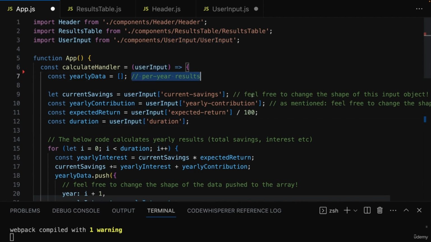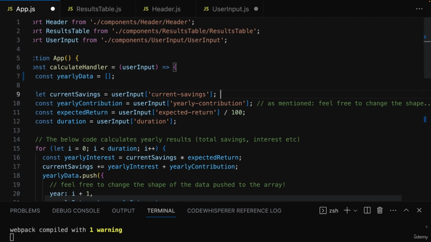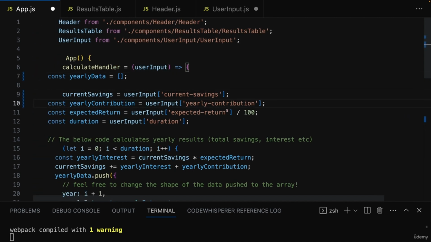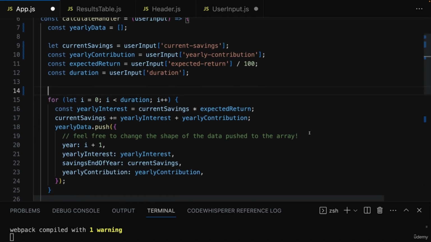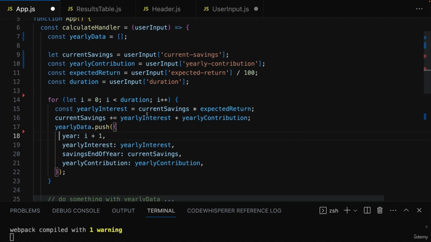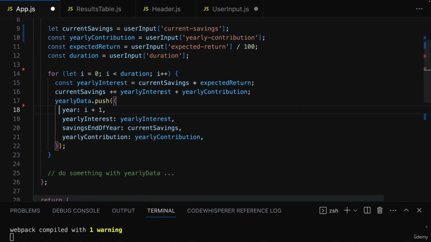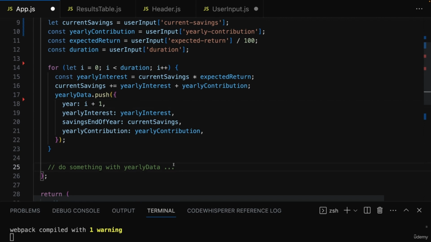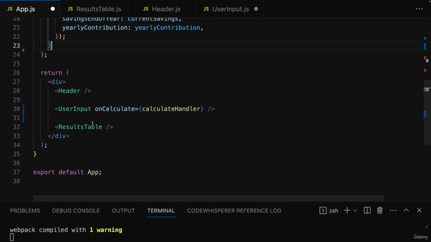With that though, we get all that data, and I'm just going to clean up those comments, and we'll perform this calculation here with that input data to derive the yearly results, and now we need to do something with that yearly data. So what is it that we want to do here? Well, we can now store it as state because that would then allow us to pass that updated data to